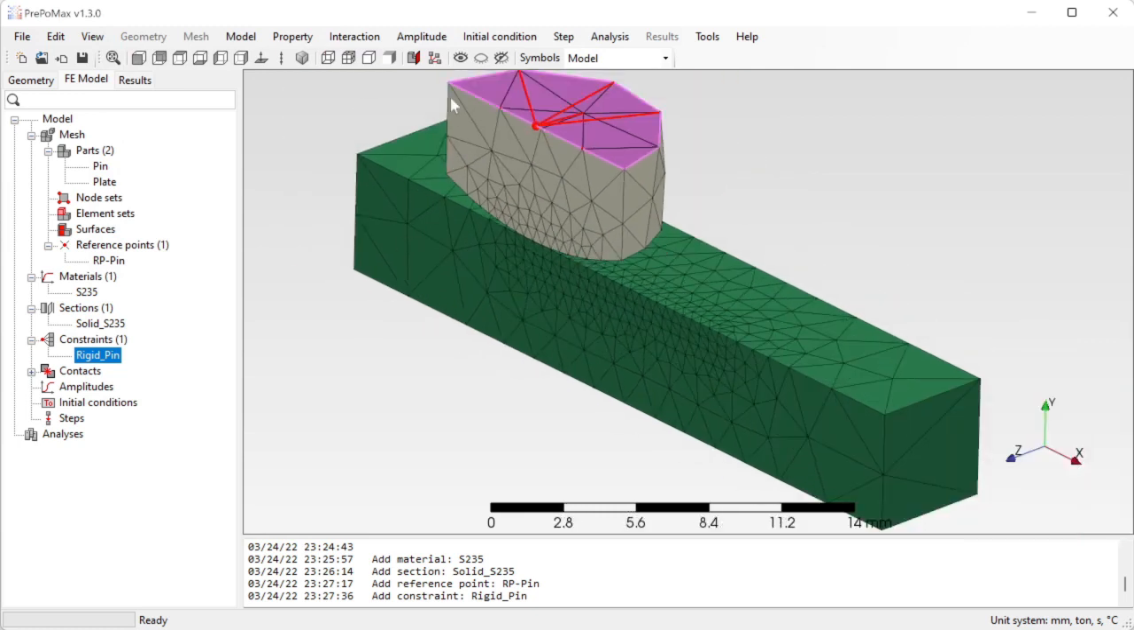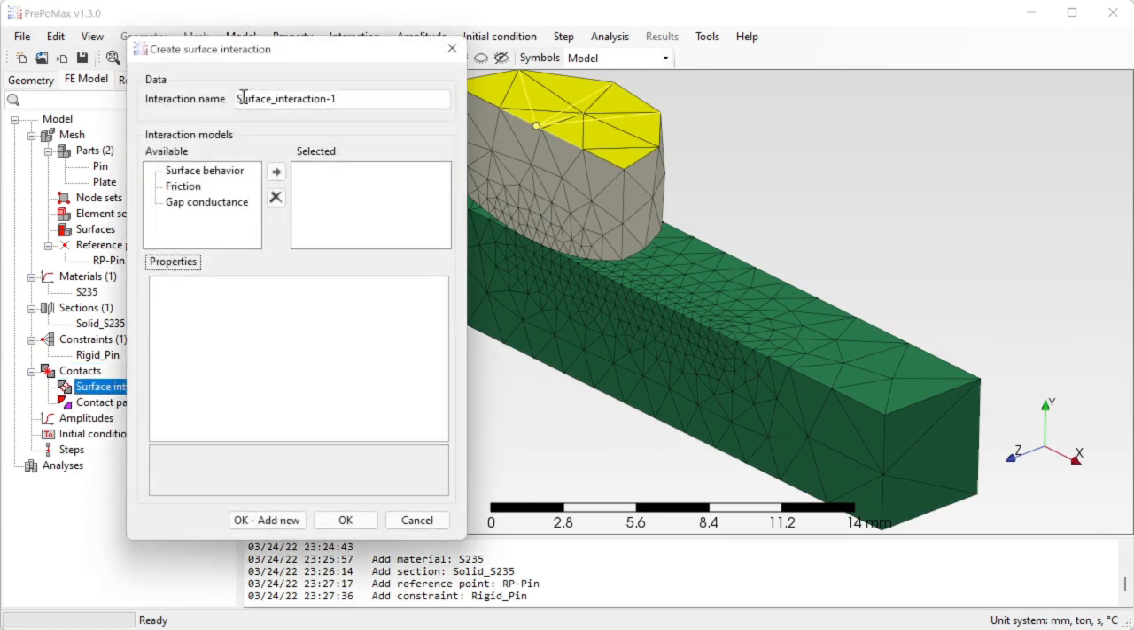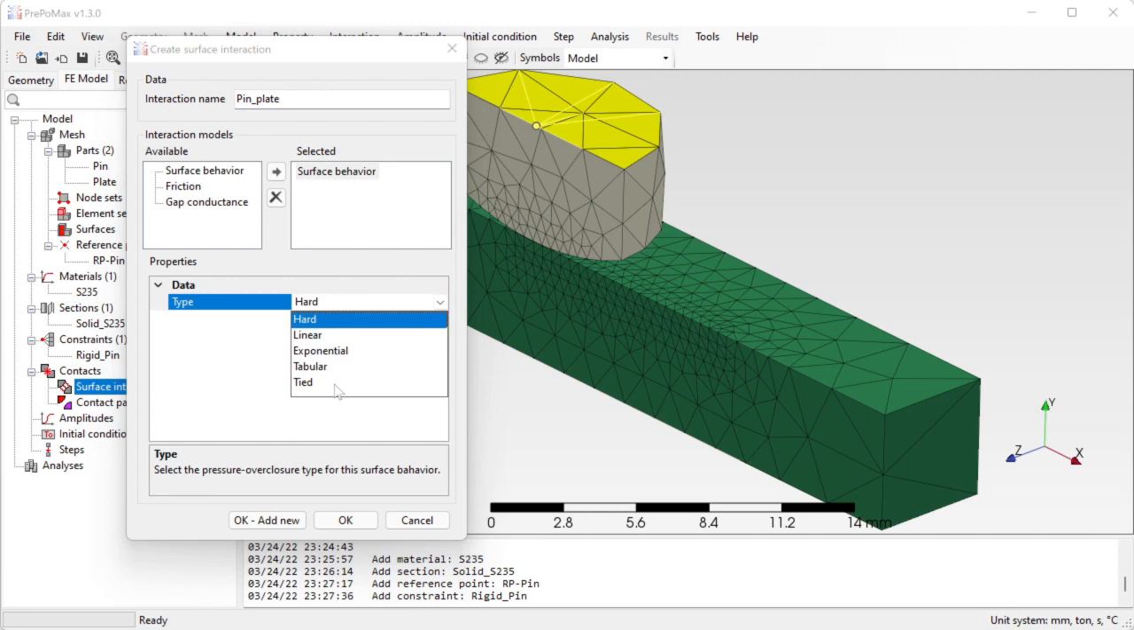Now the following thing that we need to do is to define contacts. So let's first define the surface interaction. We'll just leave the default name, or maybe call it pin to plate, and add a surface behavior. Usually a hard setting is quite good, or you can select any other setting for the behavior of the contact, but in this case because we have a very coarse mesh, the stress distribution using a hard contact will not be good enough, because the contact pressure will concentrate only on individual points, and we need a smoother stress distribution in order to show the wear analysis, and that's why we'll use a linear